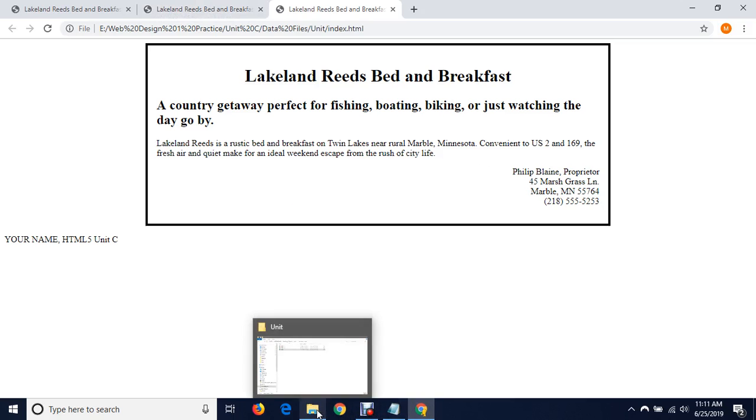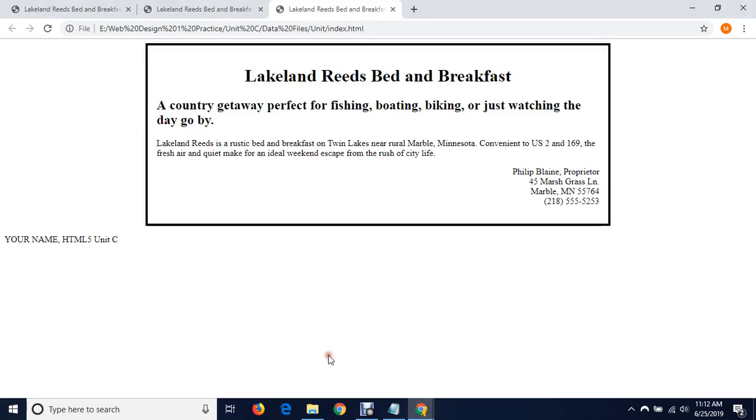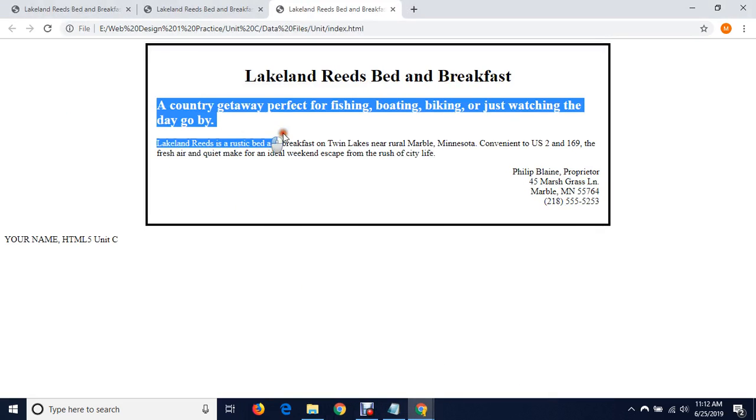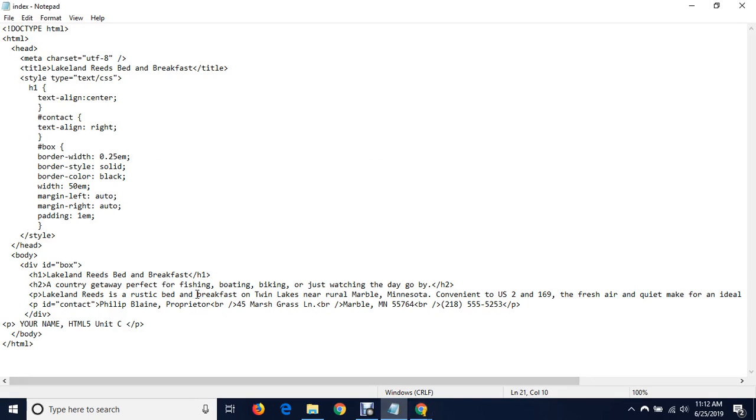Okay, go back into our code in Notepad. And now we're going to be centering the rest of this information. So right now it's not centered. Our next steps are going to center that. So in your text editor, find the opening tag for the heading 2, which is right here. After the 2,